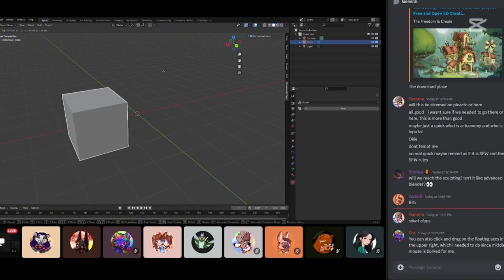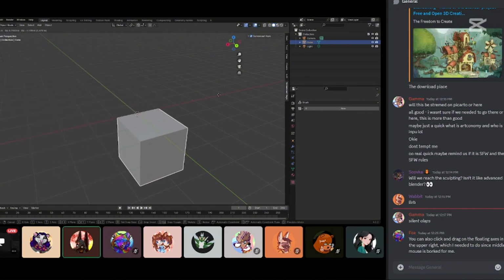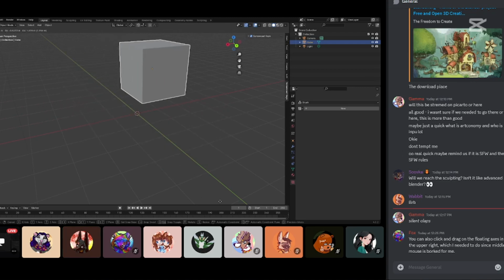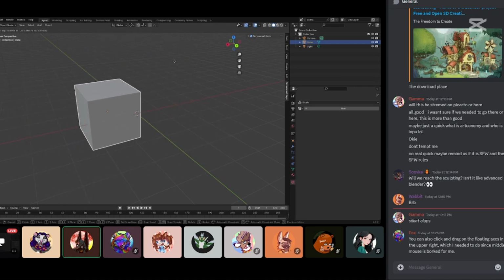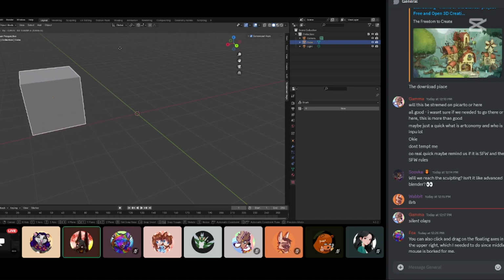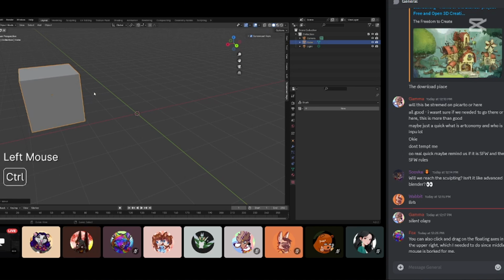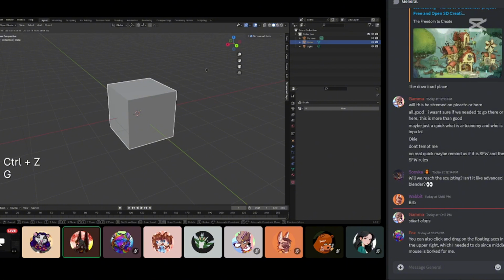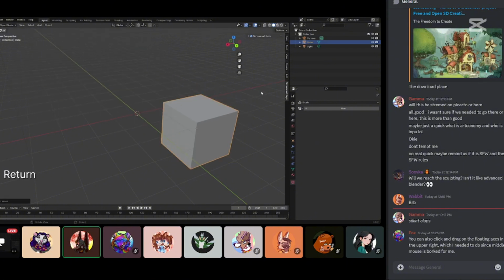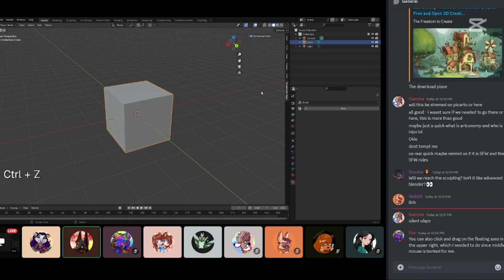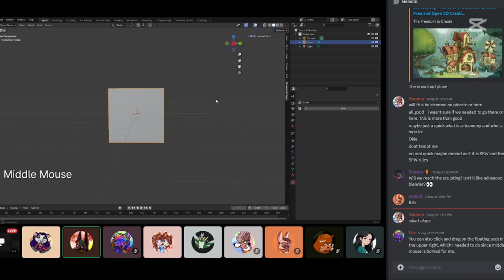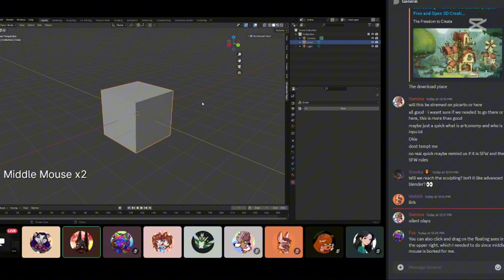So now that we've got this locked to this point, you're just like, well, how do I drop it wherever I want, after I've figured out what position I want it to be in? You've got two options. You can left click to place it there, and I'm going to undo that. Or you can move it to a different location and press the Enter key, and that will lock in whatever transforms you've done on this grid. So we're going to undo that, and I'm going to show you a more efficient method of moving this around,